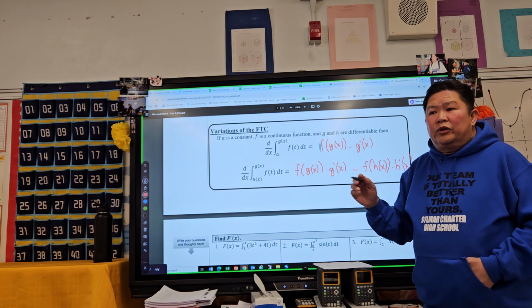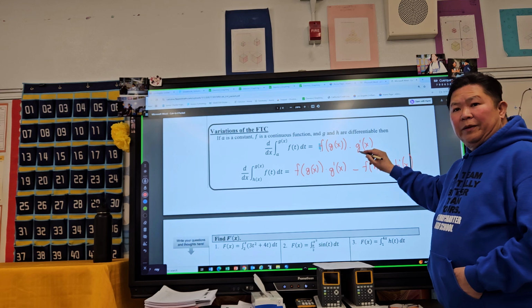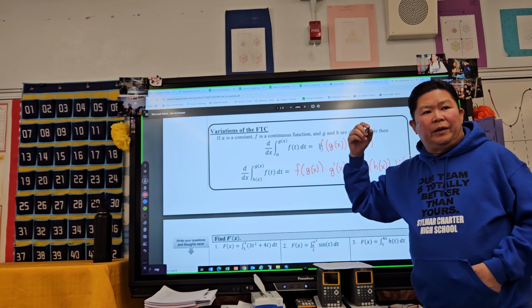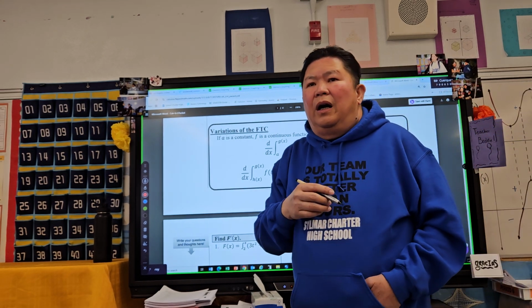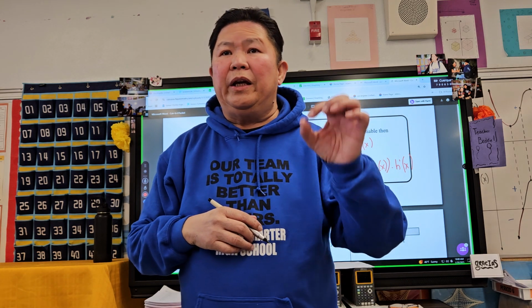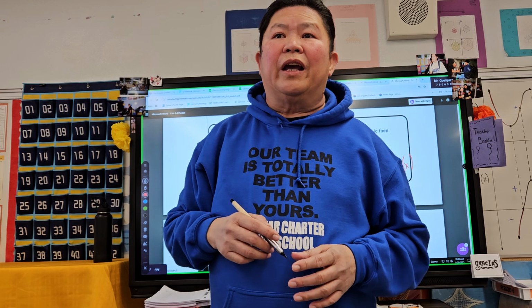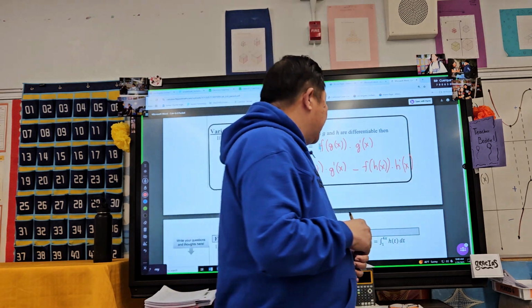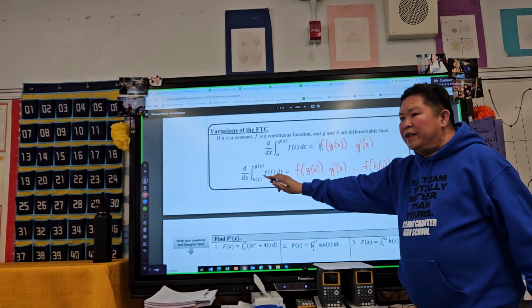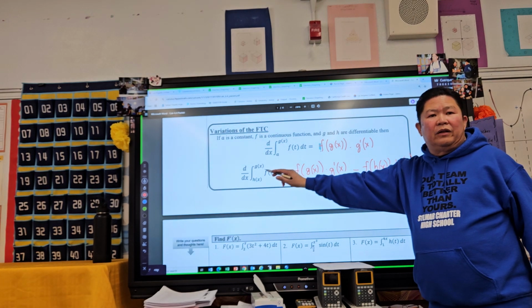Why? To save time: the upper limit minus the lower limit. What is the derivative of a constant number? It's zero. That's the reason. So, for this one, since this is not constant,